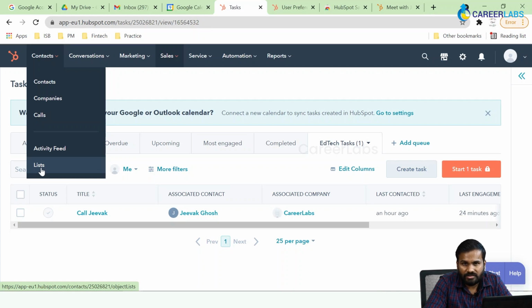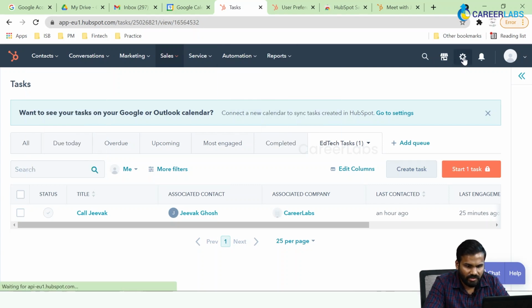and there are two types of lists. There's something called a static list and there's something called an active list. A static list is nothing but a bunch of contacts that are logically grouped into a given list. And an active list is again a list, but the difference here is that a contact can either make it into the list or be removed from the list depending upon what condition or criteria you have set and whether or not the contact meets that criteria.